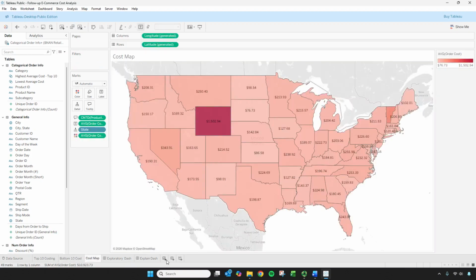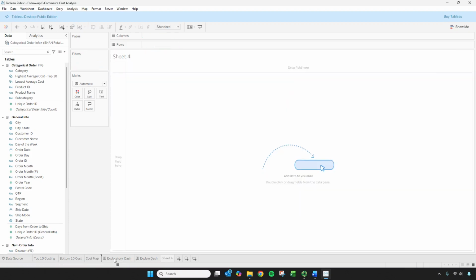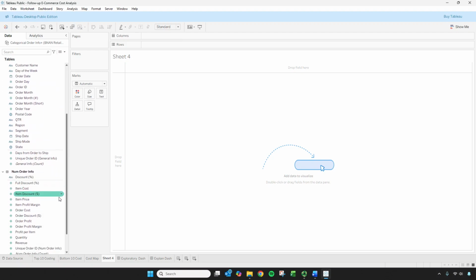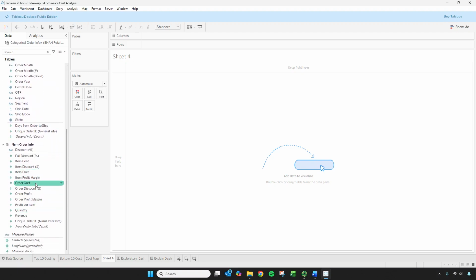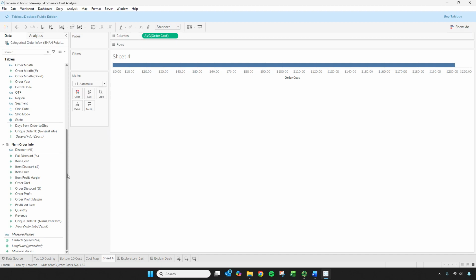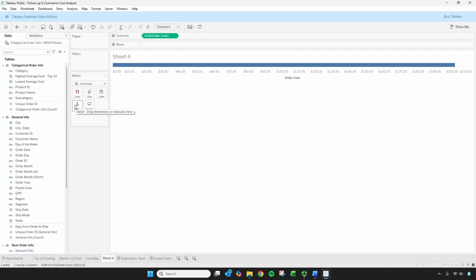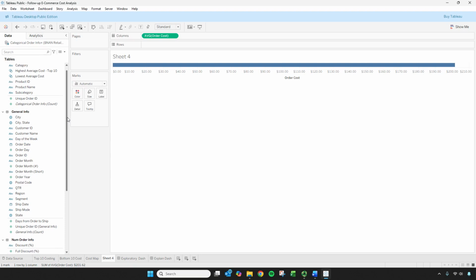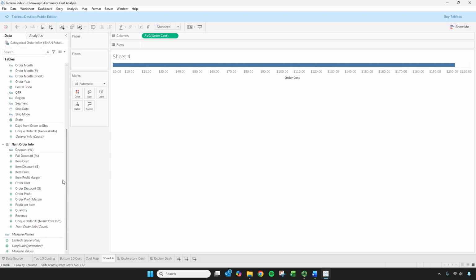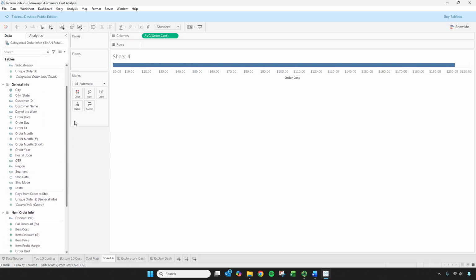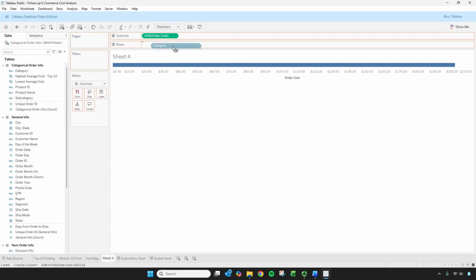Last thing kind of about consistency stuff. So I'm going to create another sheet here, and you can use these visuals. You don't have to have them in the map. You could do a map that then links to the top 10, bottom 10. You will have to do add to context if you're going to throw that on a dashboard. But again, if I were doing something like average order cost here, and I wanted to look, I'm going to do two. So I'll do one where it's maybe by category, because we did that one kind of last time. So let me see if I can find it. Yeah, maybe category,